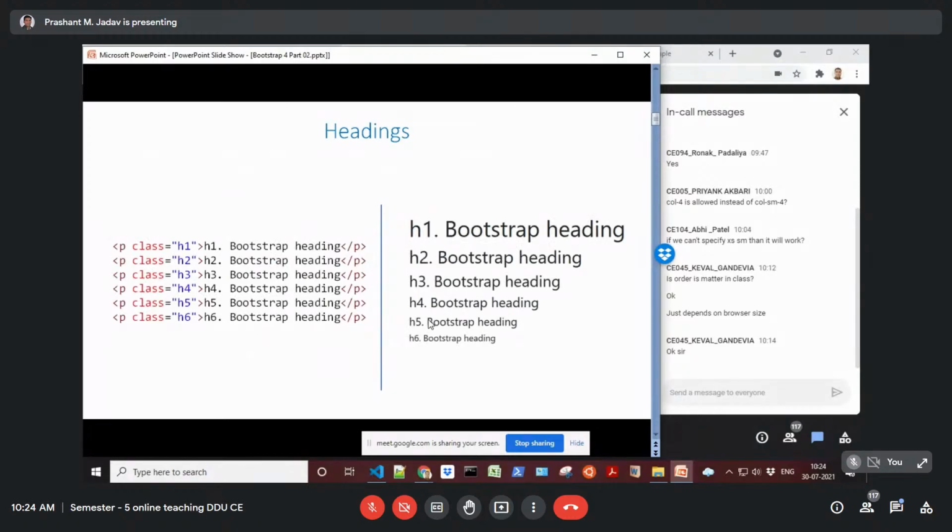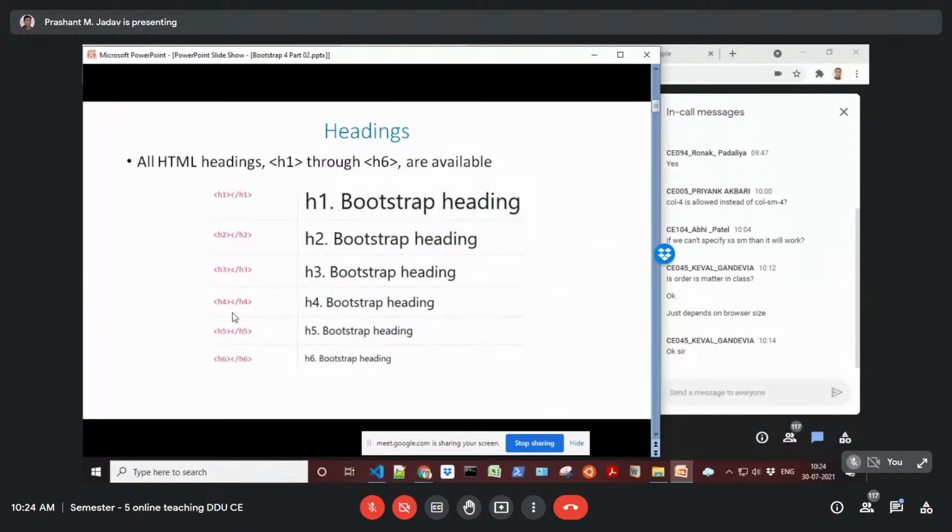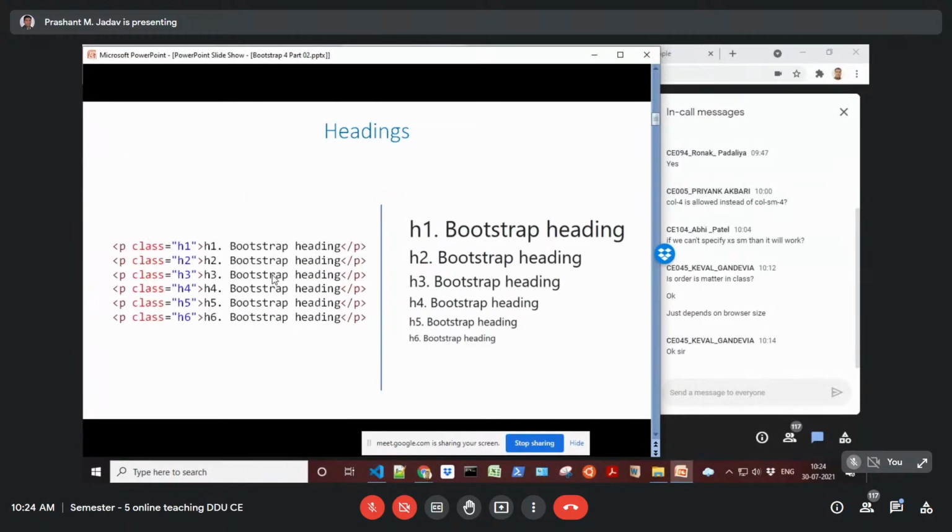For that you need to see the Bootstrap code. So there are H1 to H6 classes also there. You can directly apply them to any text content like paragraph or divs. Then they will look like headers of different sizes, H1 to H6.